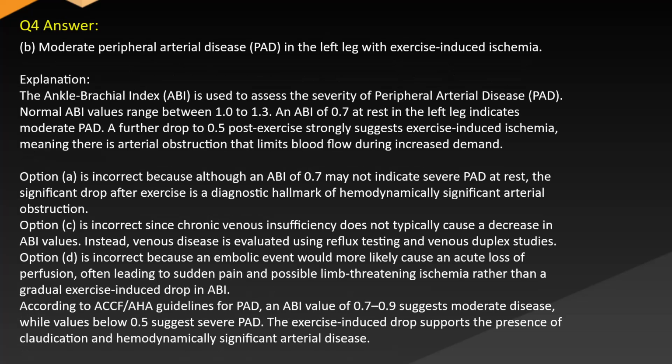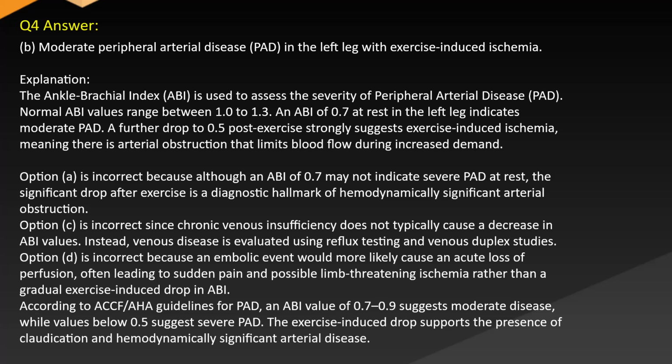Answer. B. Moderate peripheral arterial disease (PAD) in the left leg with exercise-induced ischemia. Explanation. The ankle-brachial index (ABI) is used to assess the severity of peripheral arterial disease (PAD). Normal ABI values range between 1.0 to 1.3. An ABI of 0.7 at rest in the left leg indicates moderate PAD. A further drop to 0.5 post-exercise strongly suggests exercise-induced ischemia, meaning there is arterial obstruction that limits blood flow